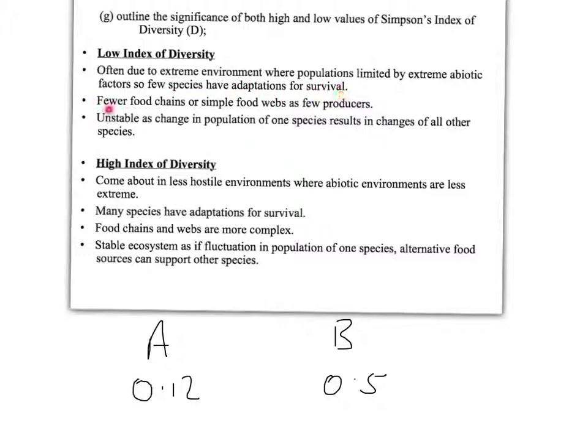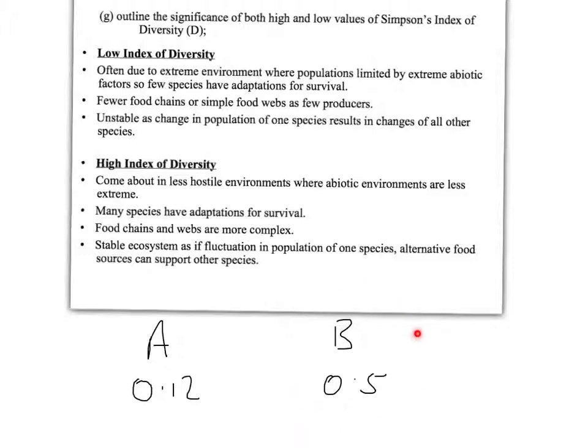Because there are fewer species, there are going to be fewer food chains, or the food webs would be very simple, as there aren't very many producers, and it's a very unstable ecosystem. If there's a change in one species, that's going to result in a dramatic change in all other species. So moving on to high index of diversity, which in my silly little example will be represented by this,